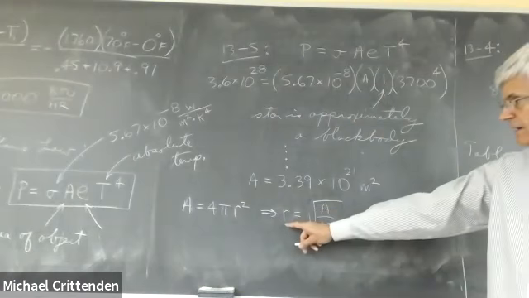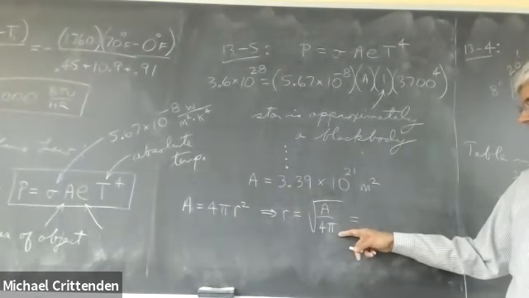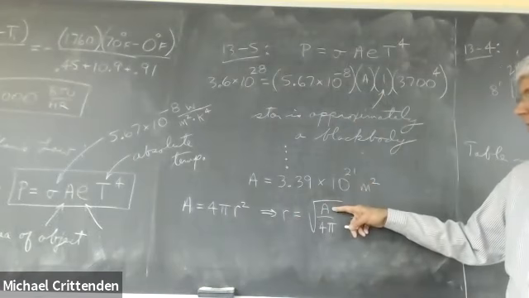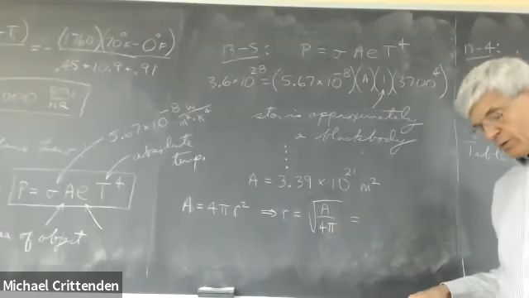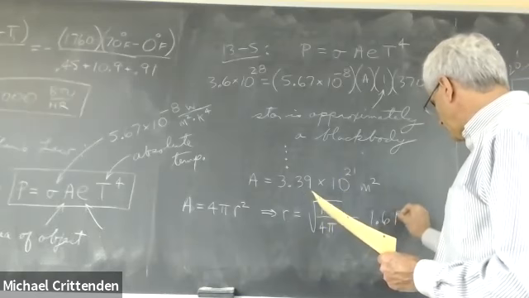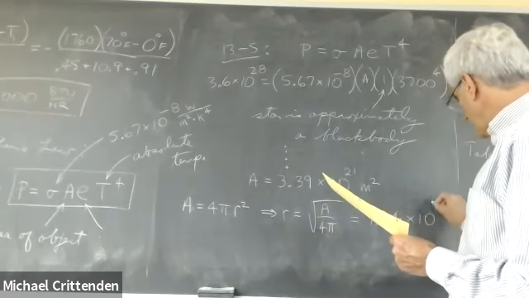To solve it for the radius, you would divide both sides by 4 pi and then take the square root. So you put this number in there, divide it by 4 pi, take the square root, and 1.64 times 10 to the 10